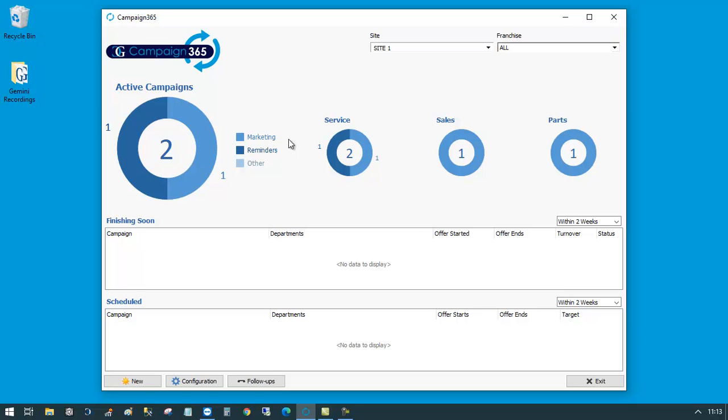marketing. It will then break it down by department. So you can see in service I've got 1 reminder, 1 marketing, and in sales I've got 1 marketing, and in parts I've got 1 marketing. Now, the reason that these on the right here add up to 4 and I only have 2 active campaigns is because my marketing campaign I set to run over 3 departments. So that's indicating that the marketing campaign that I've got ongoing is running through the service department, the sales department,